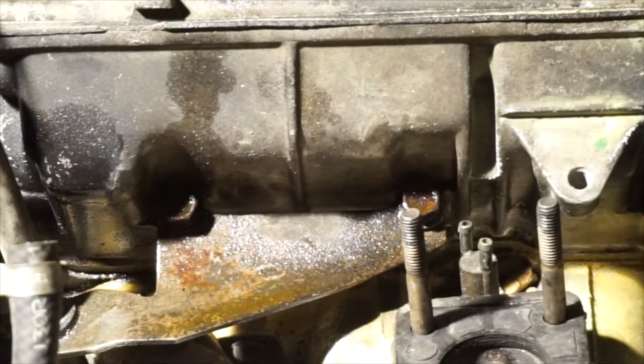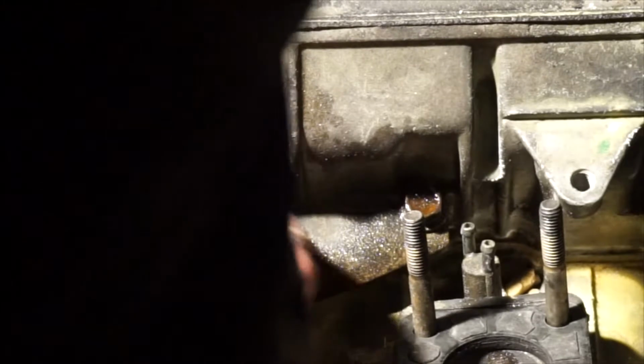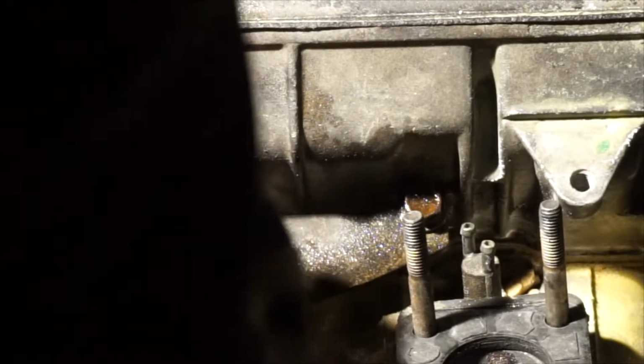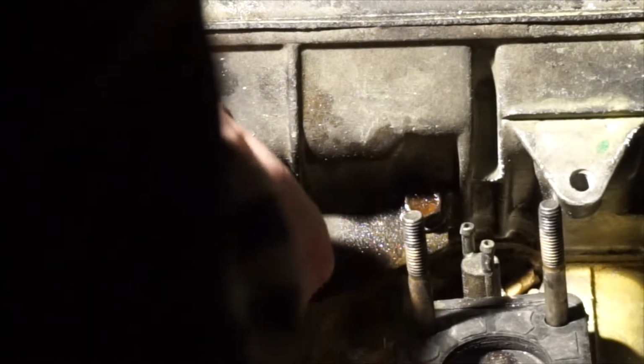Oh, and one good tip, wear padded gloves so that your hand doesn't hit the block once you get a rod loose. Now that's the end of the video, and I understand that the last two videos, well, this one